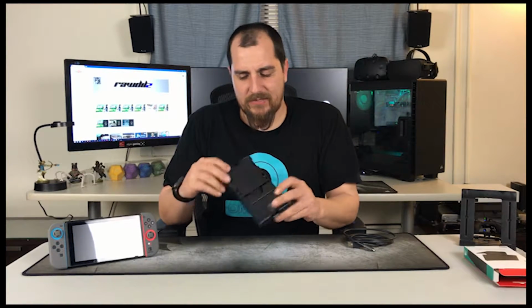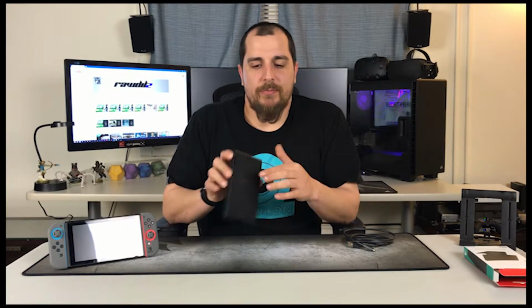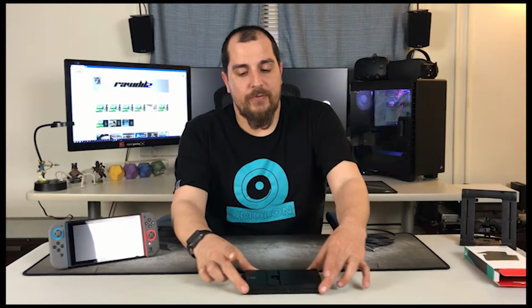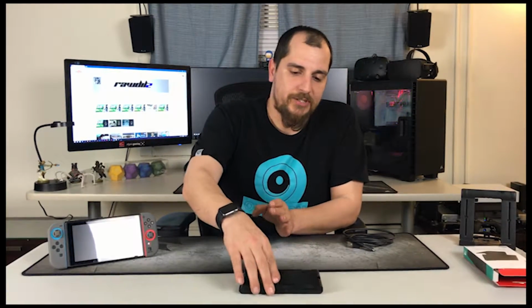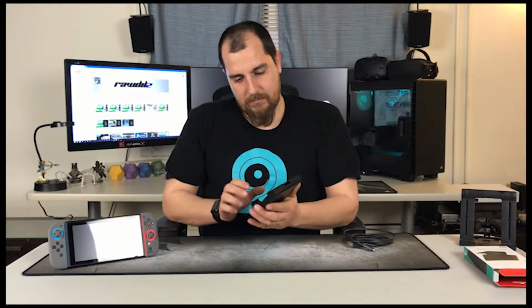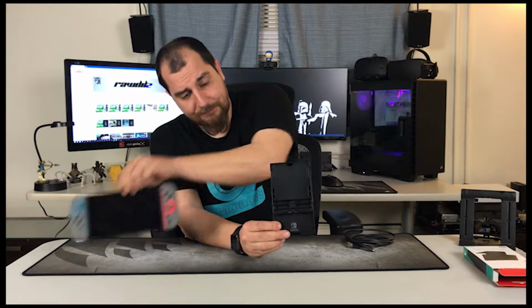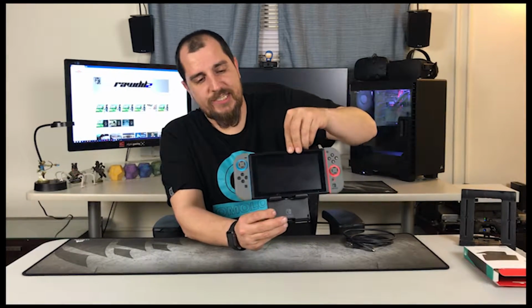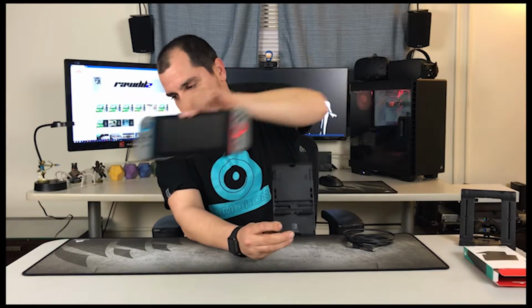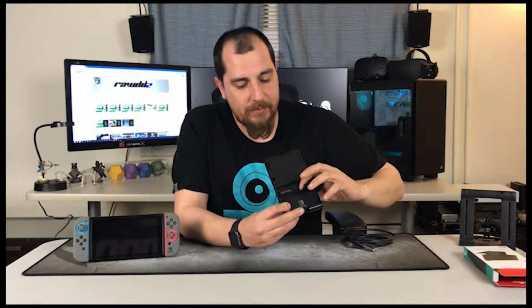Okay, so it feels like some pretty cheap plastic. There's rubber pads on the bottom, so it has some skid proofness there. You can see it's actually sliding the table back and forth, so a plus there. I guess this is the hinge where the Switch actually sits, and again they put some rubber pads in there to prevent it from scratching up